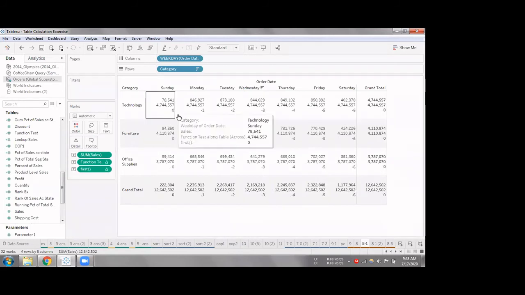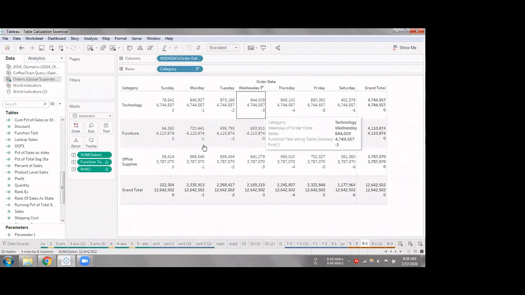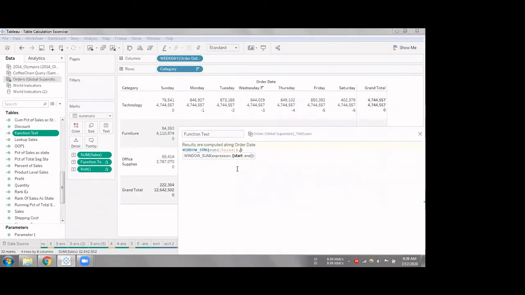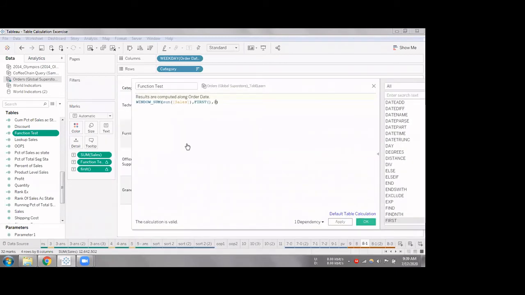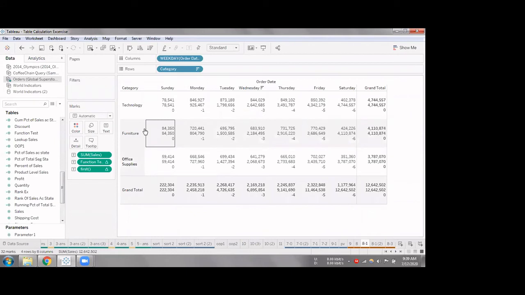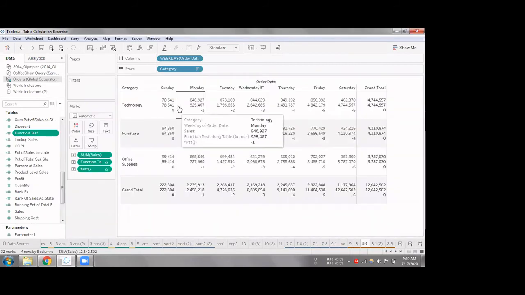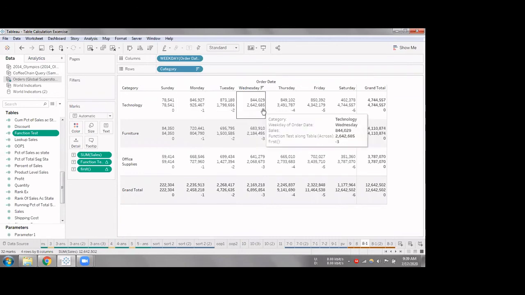So here it is 0, here it is -1, here it is -2, and likewise. So I can use this to change my window function to be dynamically assigned the start value. I'll give my first, and my second parameter should be 0, because you want till that point, right? That, my second parameter n, should be fixed. So now it gives me the window sum. Okay, sum is also better. It's basically giving me the sum when I'm till here only for 2 cells, 3 cells, and 4 cells, likewise.